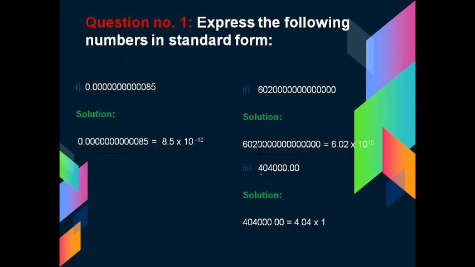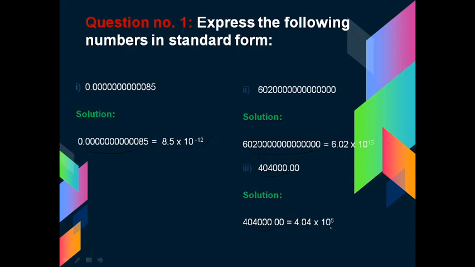So it will be 404,000.00 equals 4.04 into 10 raised to the power 5. So here we will put the decimal after first digit. So here we kept decimal, that is after 4, and in this question already a decimal is given, so we have to shift this decimal from right to left, and in between then how many digits are there we have to count. So that is 1 2 3 4 5. So total number of digits are 5. That's why here we have written 4.04 into 10 raised to the power 5.